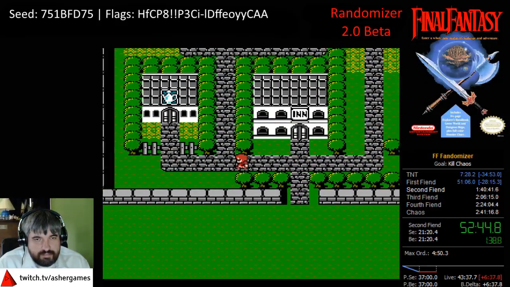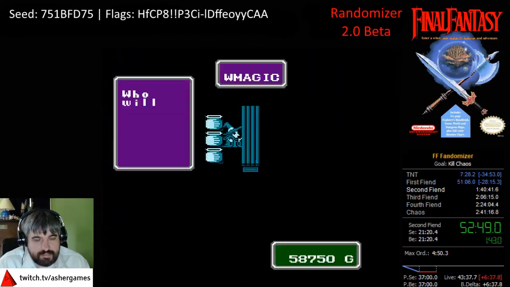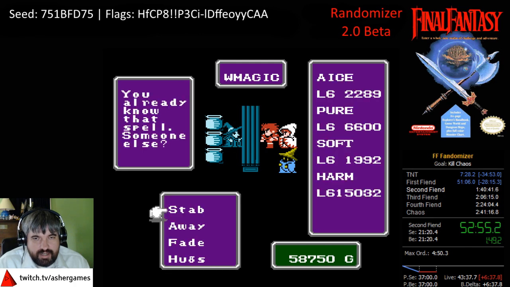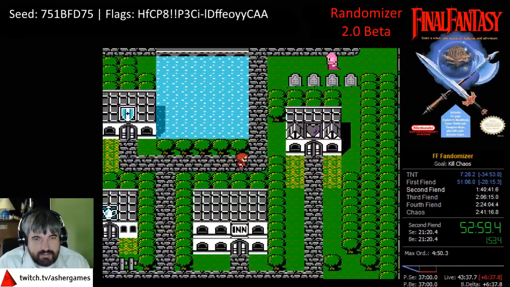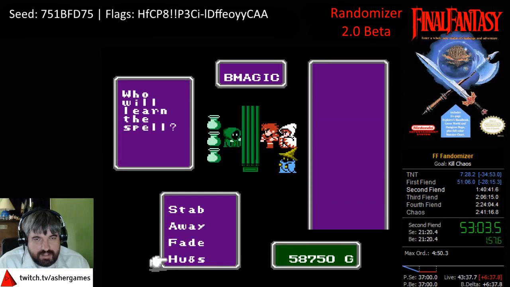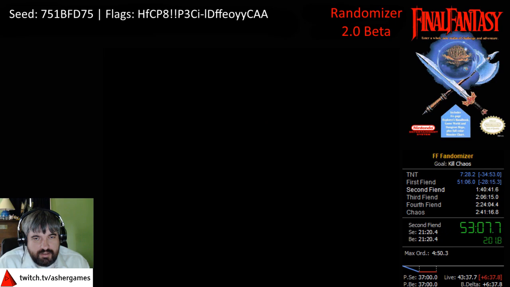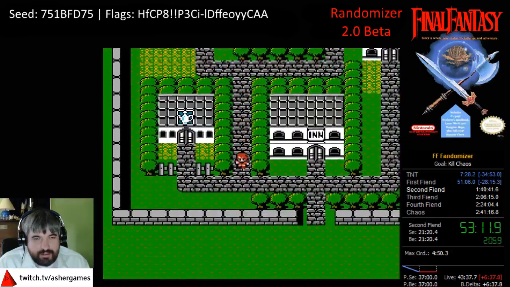Alright. Oh, I already know it! Okay, well, apparently I bought it and I didn't realize it. Just check and make sure. Maybe it was a black mage spell I was thinking about. Yeah, let's buy Quake. Gives us something to do on that level. Quake, not nearly as effective as some of the lower level spells, but...